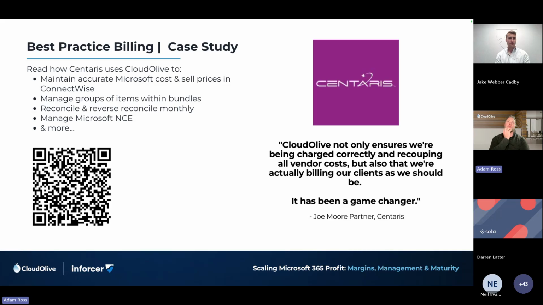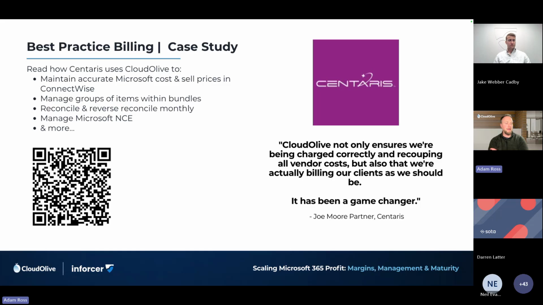And the challenges that they had were with those 4 key areas that we talked about earlier. A, is everything we're buying actually active and getting billed out? Did accounts match? Did costs match? And lastly, is our sell price, are we getting the margin that we were expecting? They have north of 1,000 lines each month just on the Pax8 bill, unique lines, and it's a nightmare to manage.